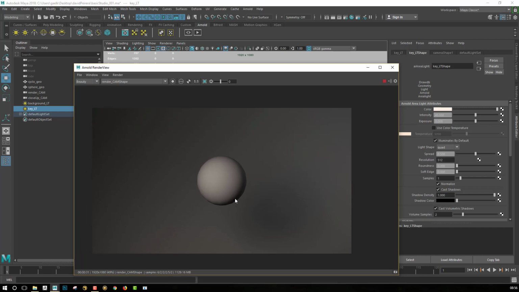So this is it for the basic parameters of rendering and lighting in a 3D environment in Maya. In the next video, I will show you how to light a scene with a statue or collectible, and it will be more obvious to understand how you will be able to play with the different parameters of the light and how you will be able to play with the samples in your scene.